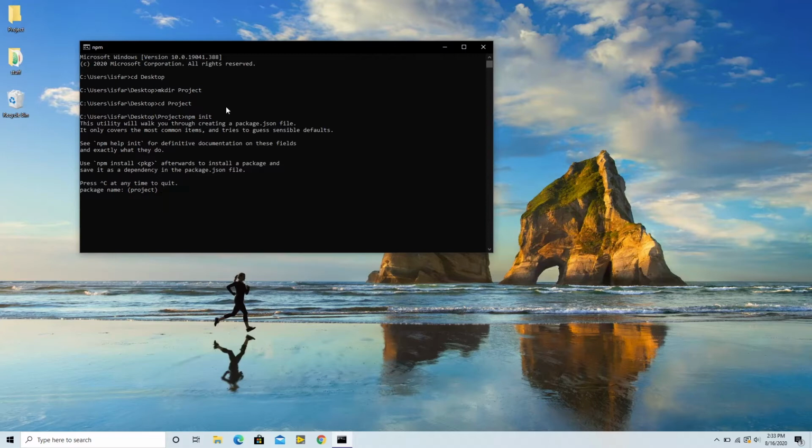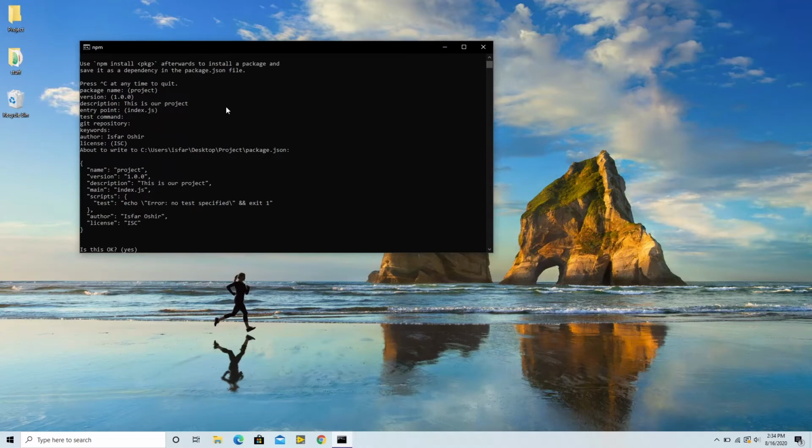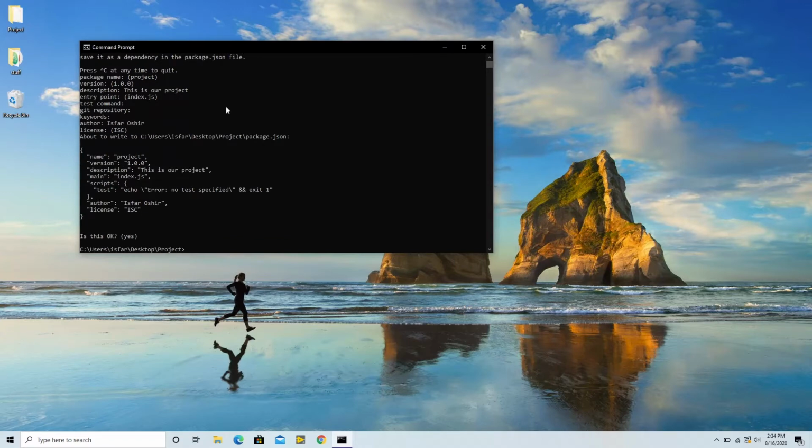And it says that this utility will walk you through creating a package.json file. So we're going to leave package name as project, version 1. Description, we can type in this is our project. And the entry point is going to be index.js, and we're going to be creating that file soon. Press enter, press enter. I'll type in my name, you can type in yours. Press enter, enter, is this okay? Yes, and press enter again. And now you can see that there is a file inside